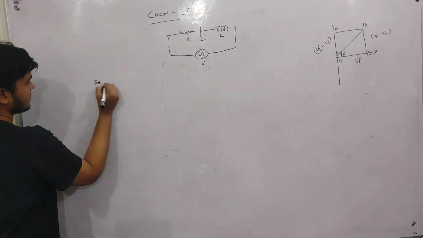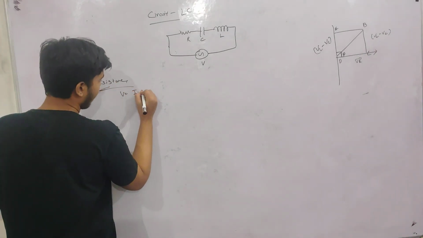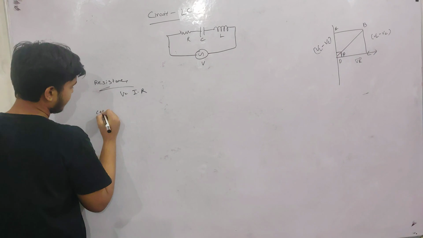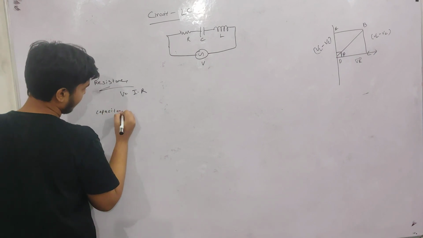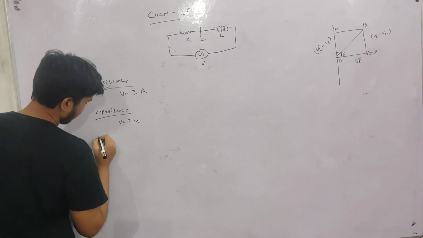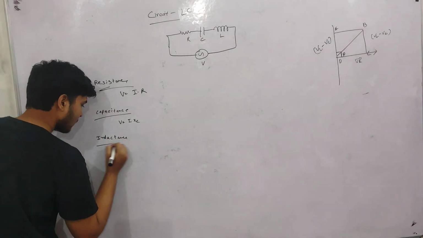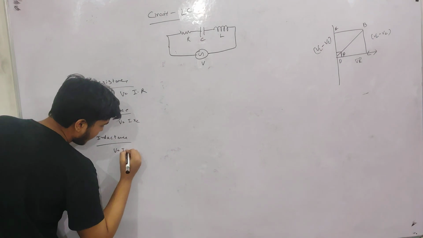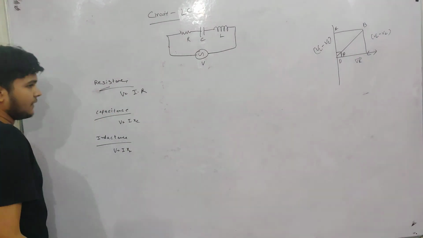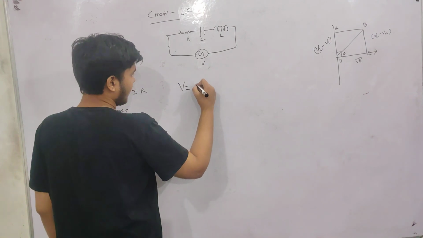In resistance, V equals I R; in capacitance, V equals I into XC; in inductance, V equals I into XL. All three we have studied before the derivation. The resultant voltage will be under root,